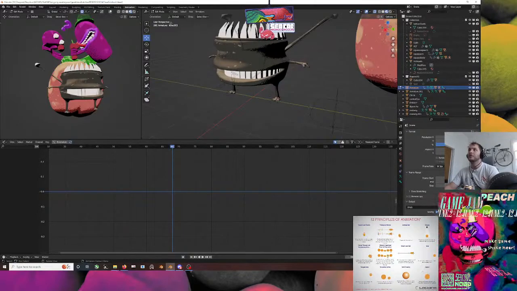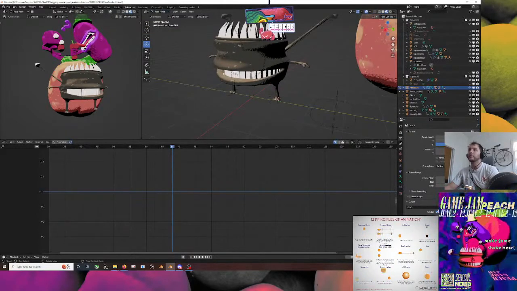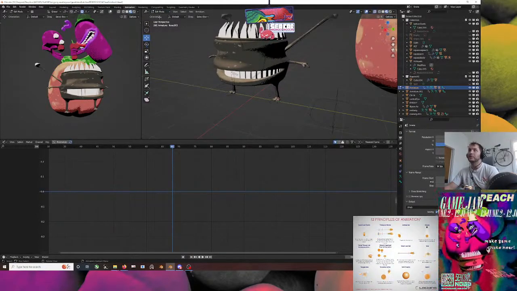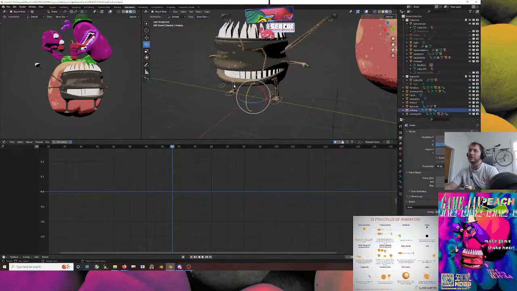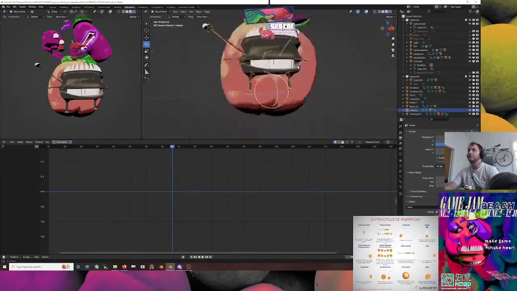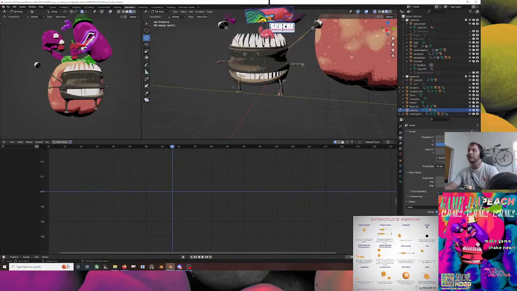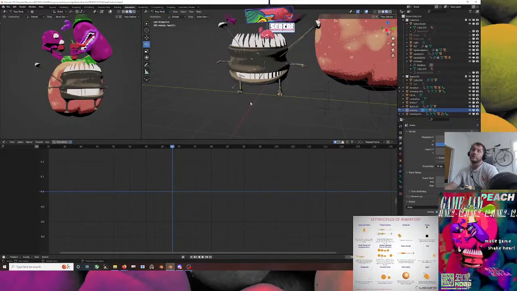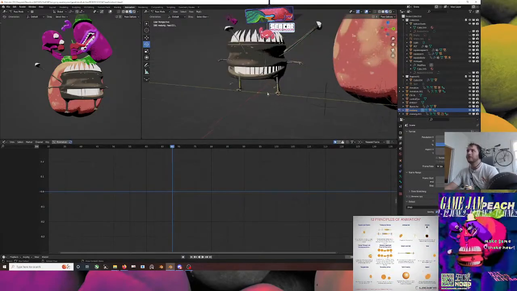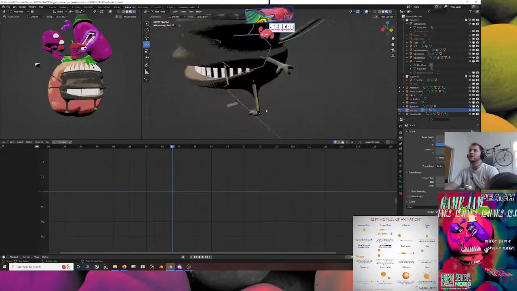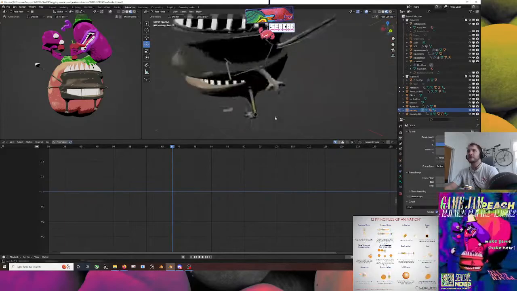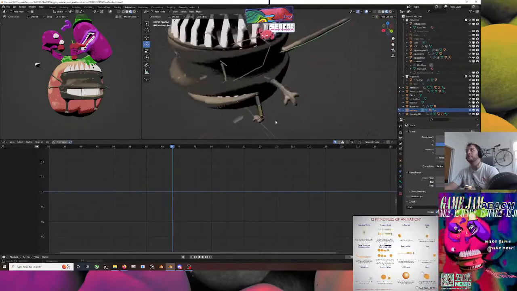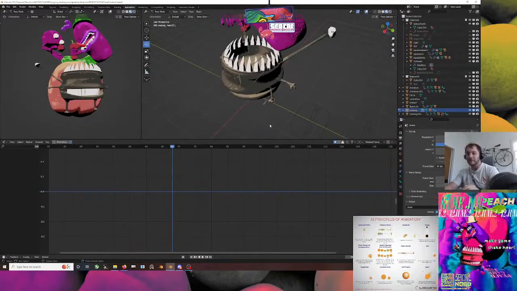Anyways, let's go into pose mode. First actually let's go into object mode and unselect that, and let's go into pose mode. Select our armature for pot guy, and you can press tab, or you can just press pose mode, and there you are. We'll have all of our controllers up here. In a more professional rig, you'll have better controllers, but since we made this rig ourselves, and we're not going to spend 30,000 years on it,